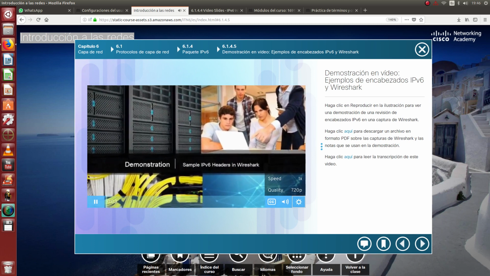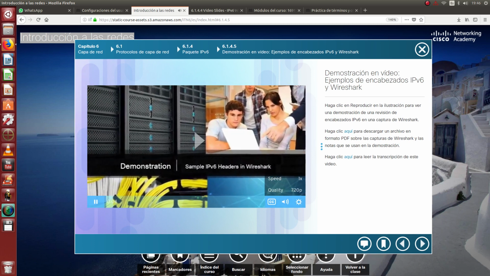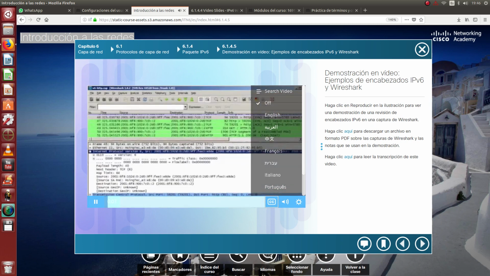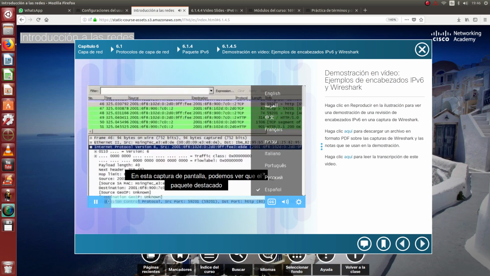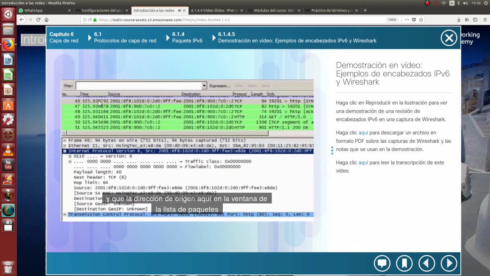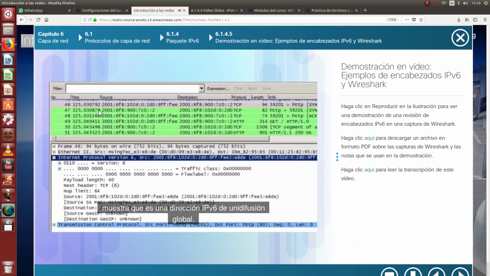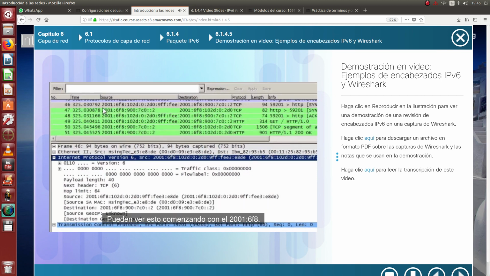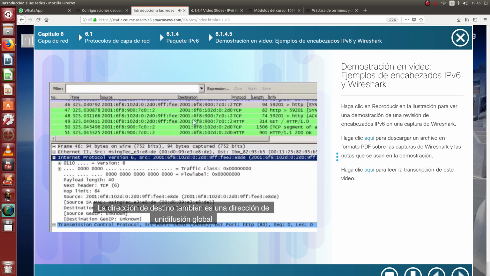This screenshot shows a packet capture using Wireshark and the network layer information from an IPv6 conversation. Let's take a look at it. In this screenshot, we can see that the highlighted packet is packet number 46, and that the source address up here in the packet list window shows that it is a global unicast IPv6 address. You can see this starting with the 2001:6F8. The destination address is also a global unicast address,